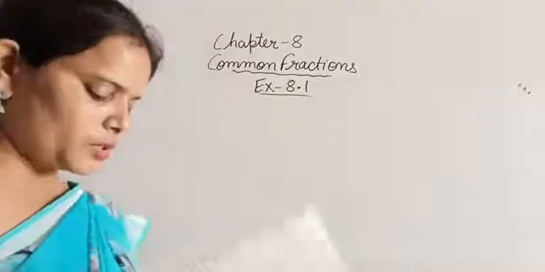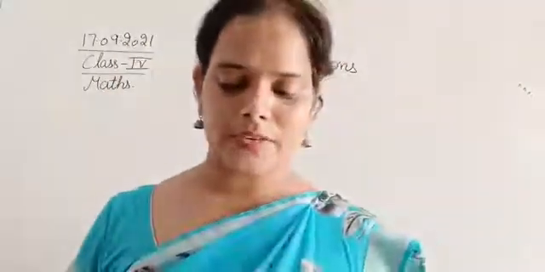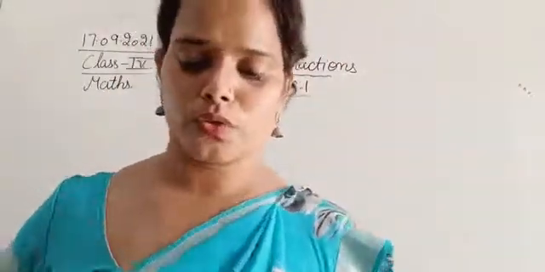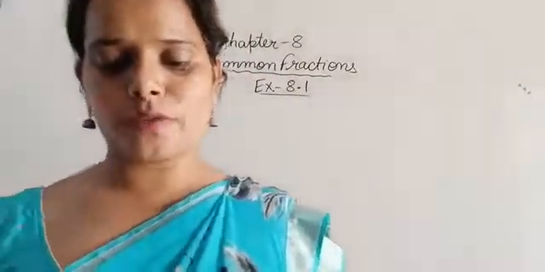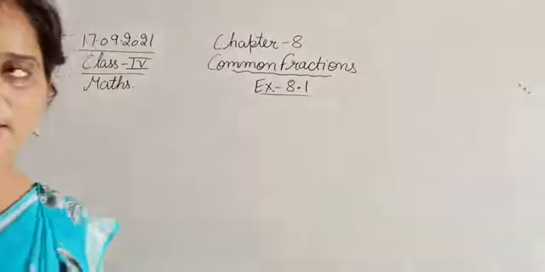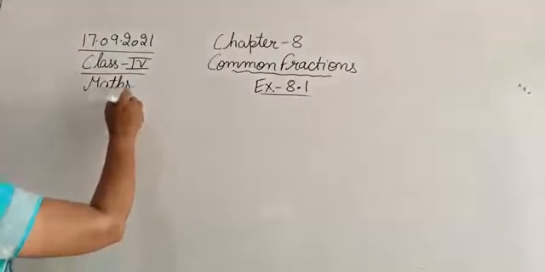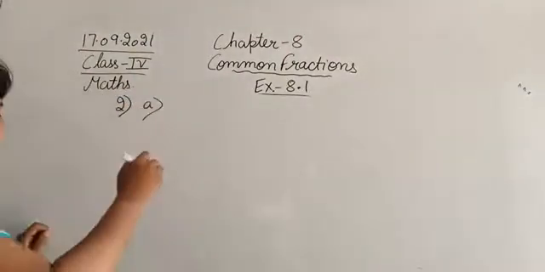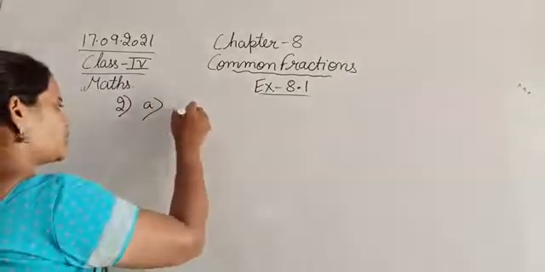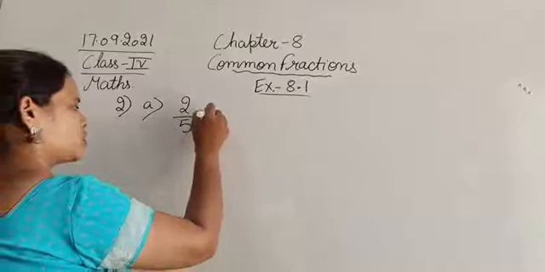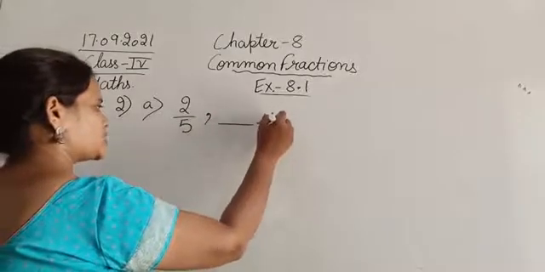Question number 2 is, fill in the blanks. First one is done for you. So we have to fill up the blanks. So 2 upon 5. The second question, part A, is given: 2 upon 5, comma, dash is